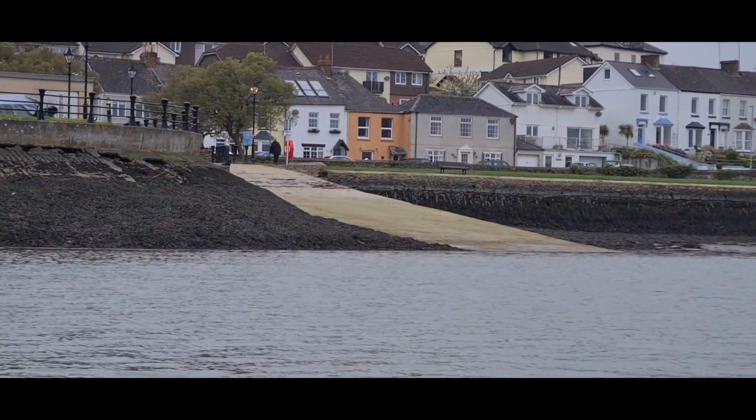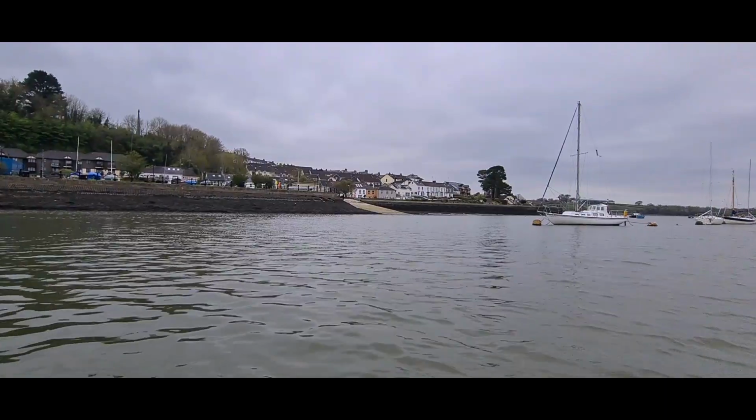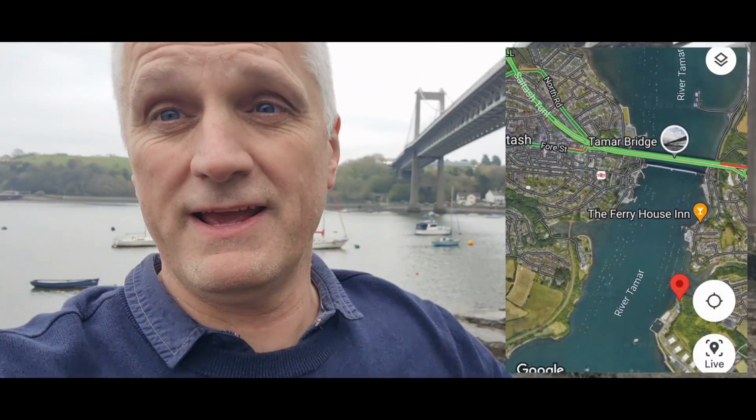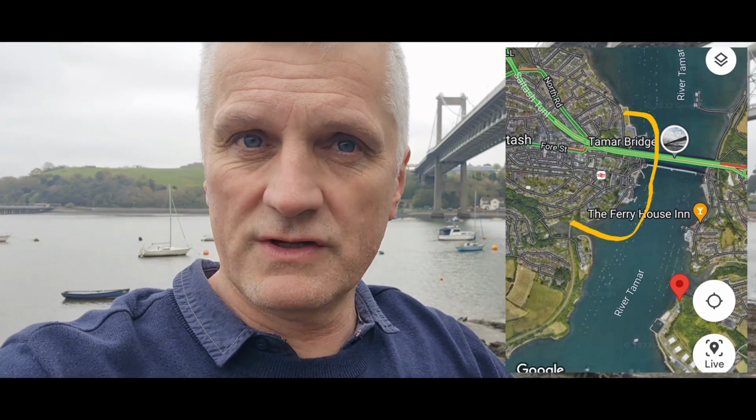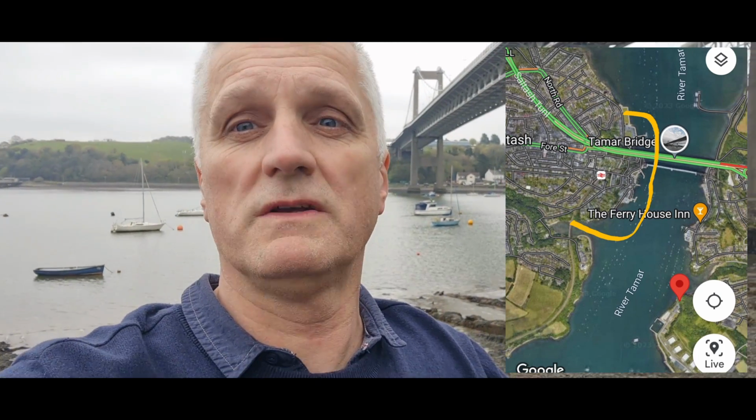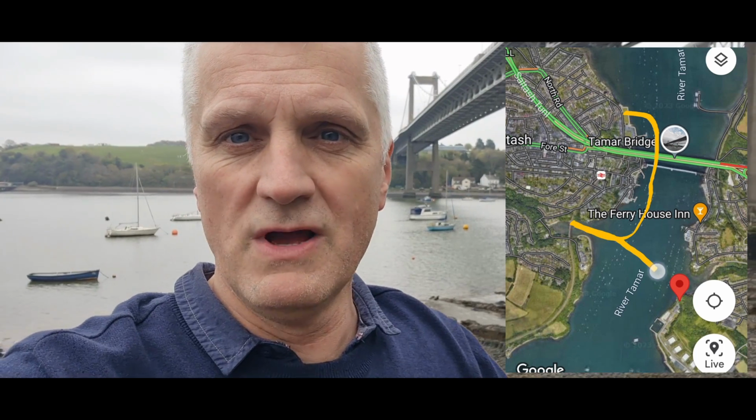And there's our way out. Right folks, back on terra firma on the southern side of the river. That means I'm back in Saltash, I'm in Cornwall. That's 4 counties I've done today. Check out the route on the side there, wherever I put it, if I put it there at all. Really nice on neap tides, on a turning tide. Probably on a full bore spring tide you have to be a bit more cautious and also mindful of